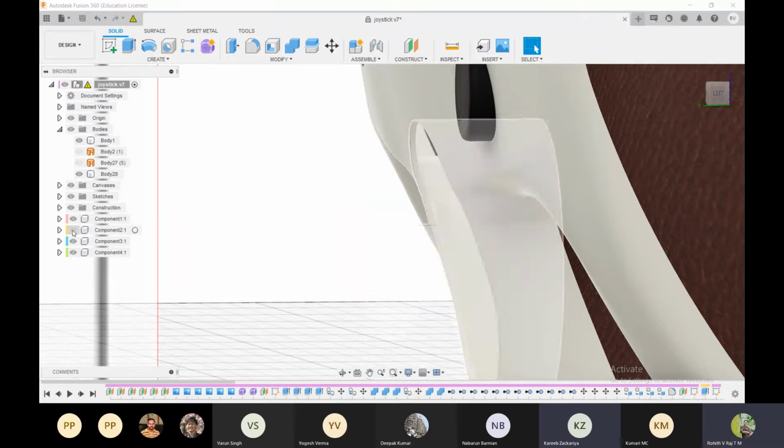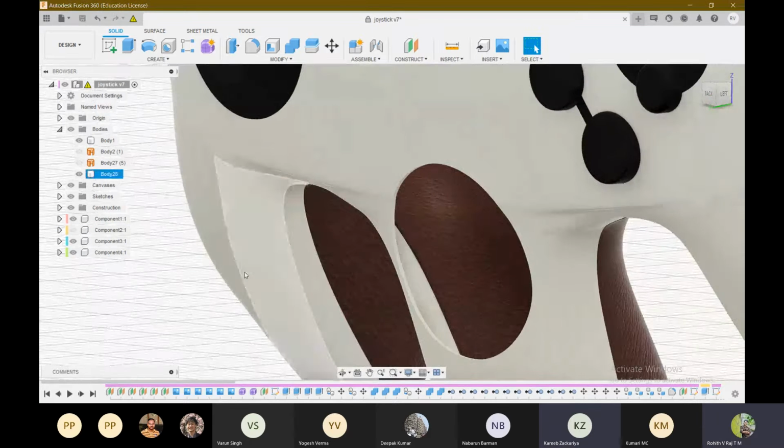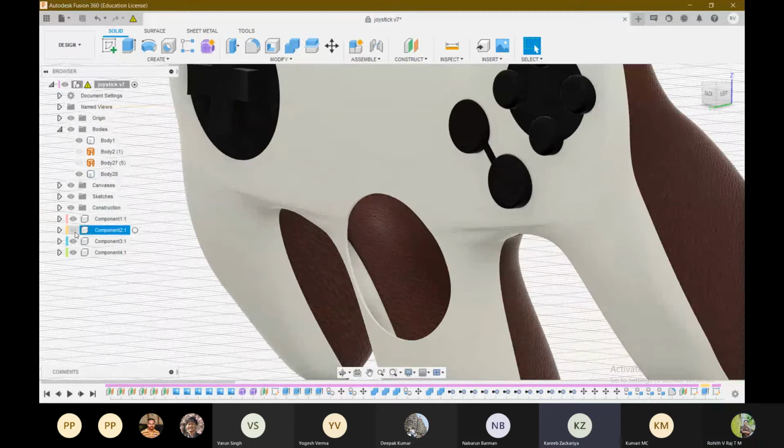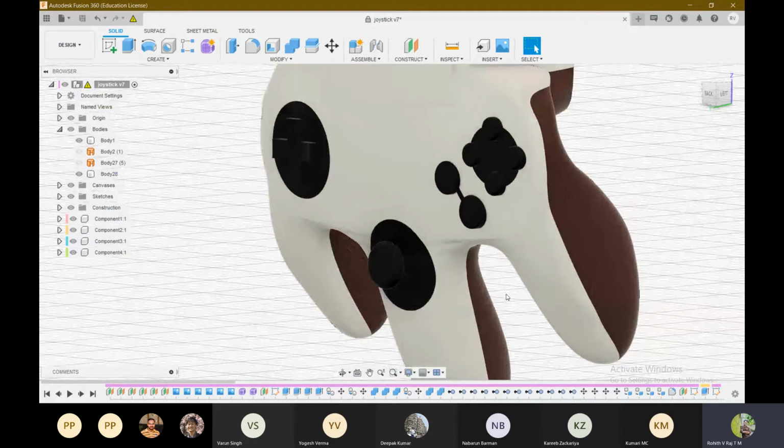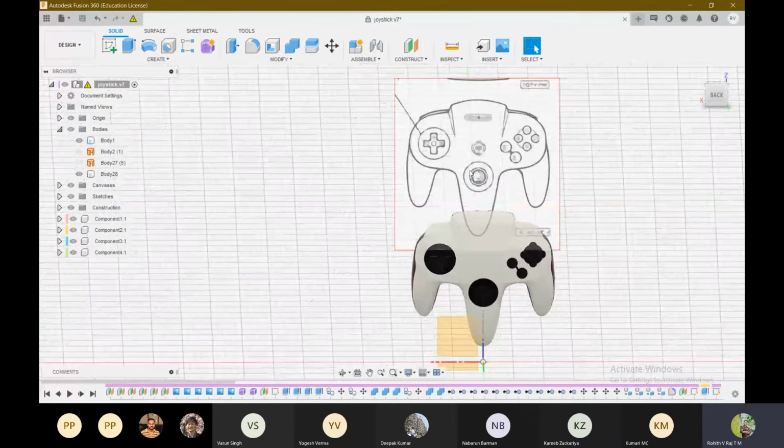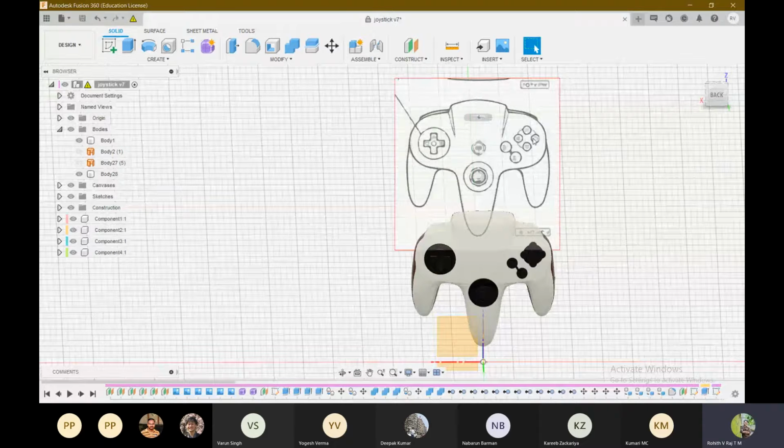Each of them are components. No, the cut is made, right? Yes. How did you make this cut? First, I checked the front face. I made individual sketches and cut the shape through the first body that I split earlier.